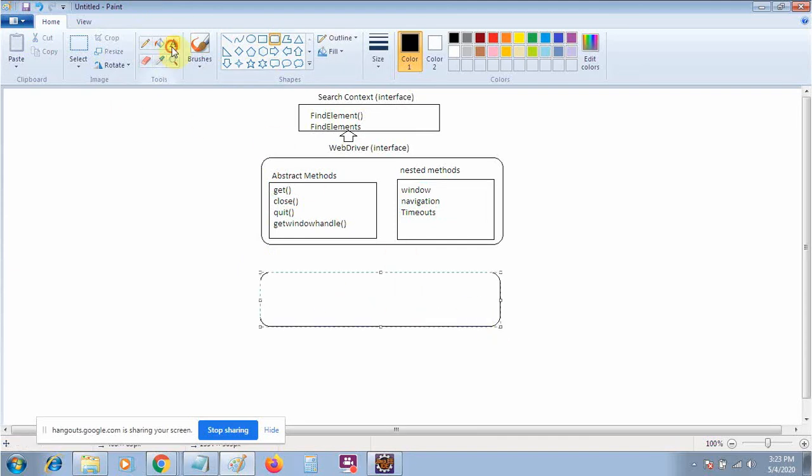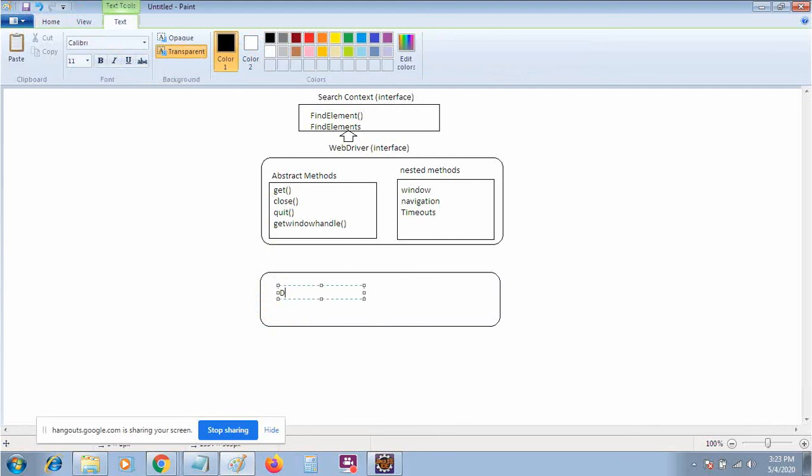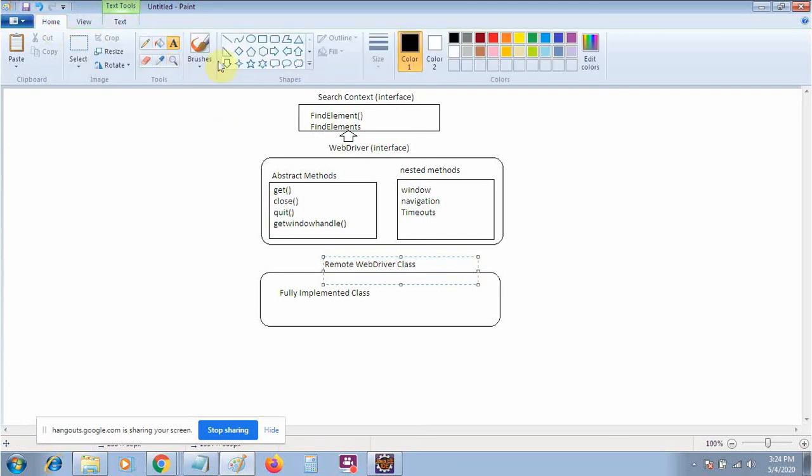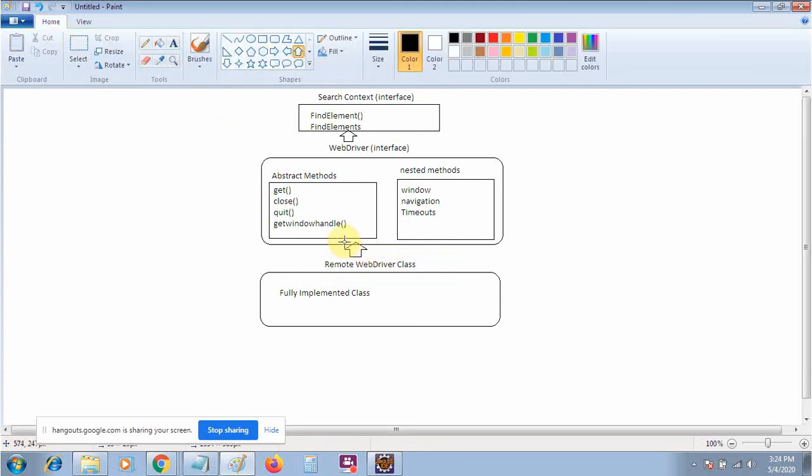It is a fully implemented class, and it will extend the WebDriver interface. It will extend this WebDriver interface.